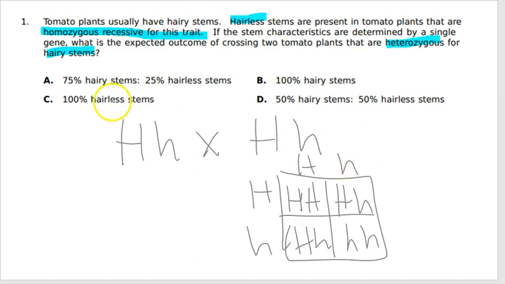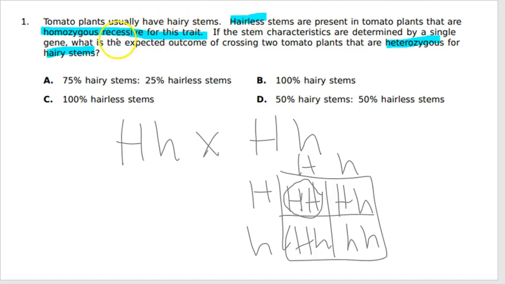Okay, and let's go back to the question. It says, what is the expected outcome of crossing 2 tomato plants that are heterozygous for hairy stems? And the answer choices are giving us phenotypes. So let's look at the phenotypes that go with our genotypes in our offspring. So this offspring right here would be